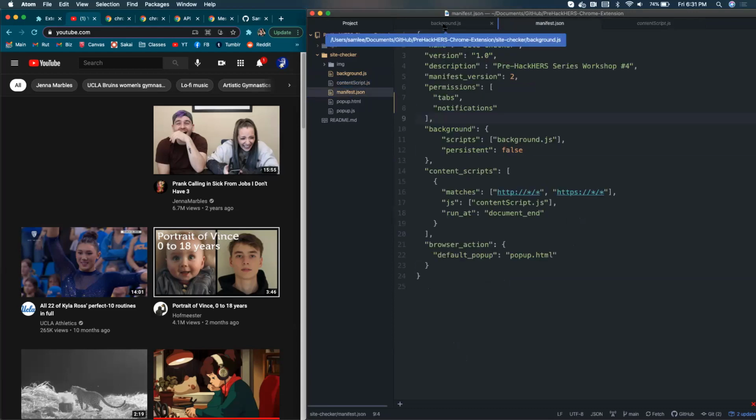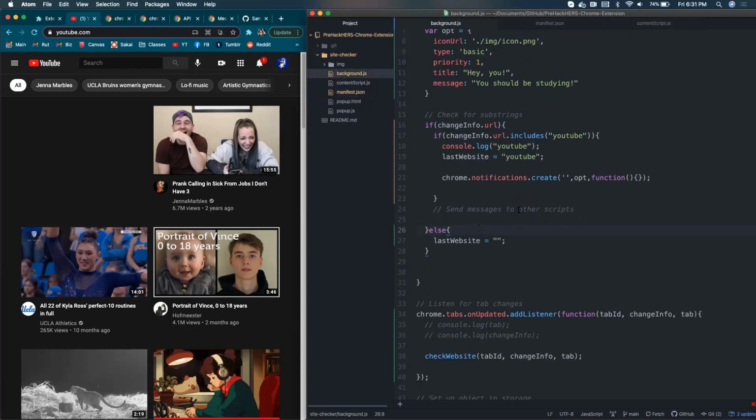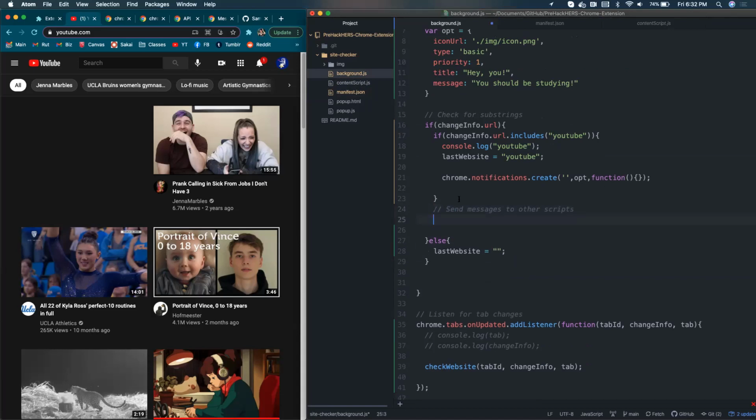And yeah, so I'm gonna go to background script, and I see there's a little comment saying send messages to other scripts. So here is where I'm going to send a message to the content script. I'm gonna write some stuff now, and I'll explain what it does. But basically, I'm gonna write